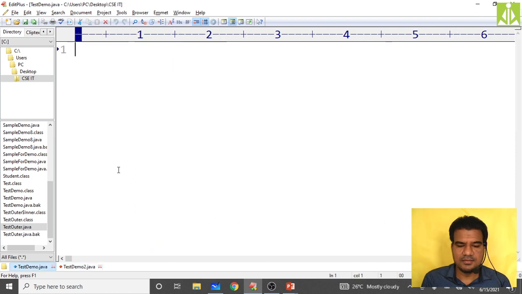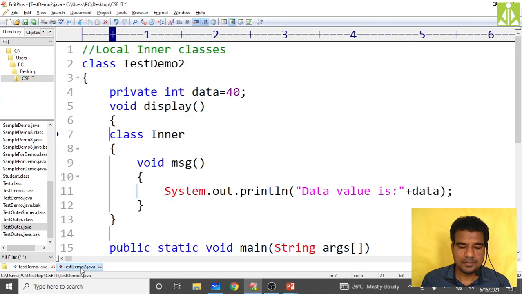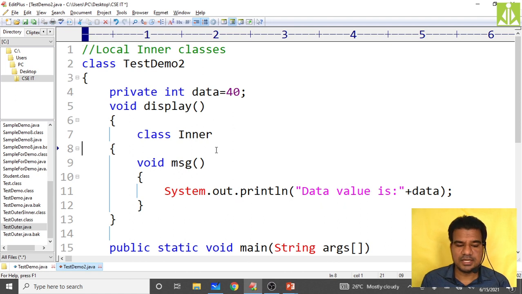Inside the display method I'm keeping all these things.